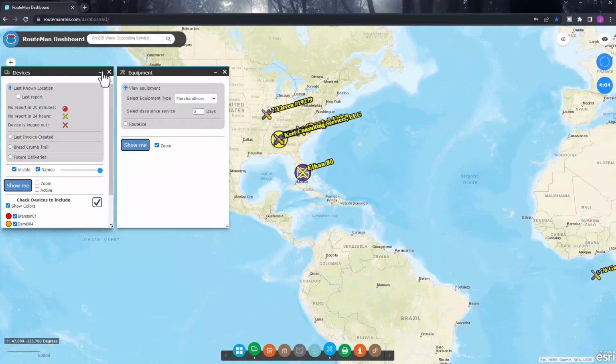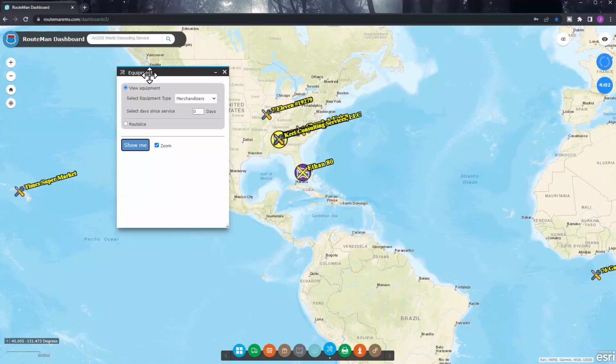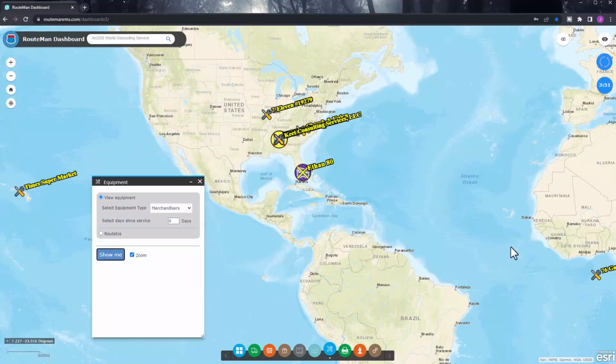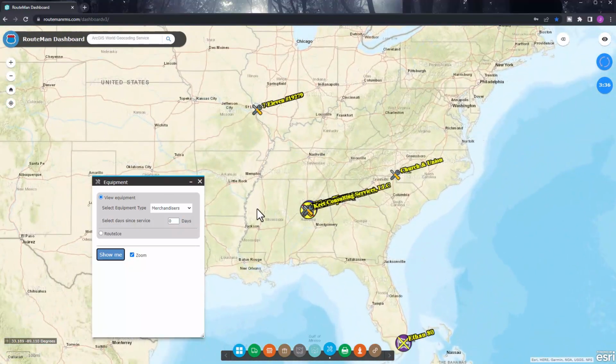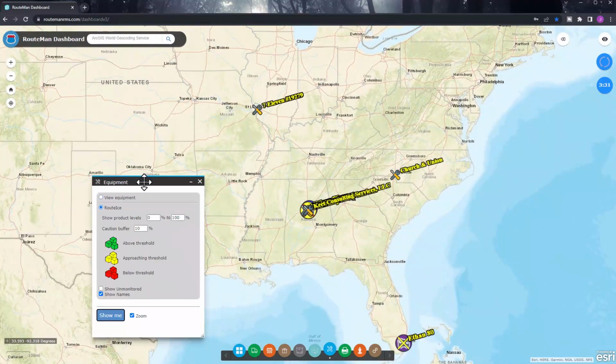So it will zoom to include all the different pieces of equipment that I have. Now this is Daryl's database, so I have some crazy situations where there's a piece of equipment in Hawaii and apparently one that's not geocoded, so it's at 00 longitude and latitude. But what I want to show you today is if I click the routeice button here, I get some new